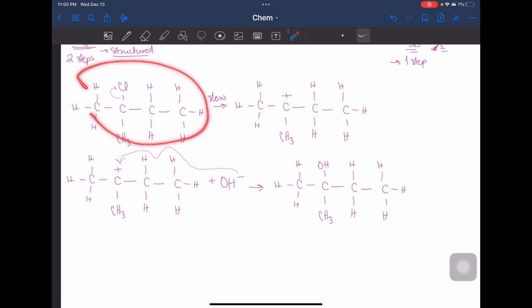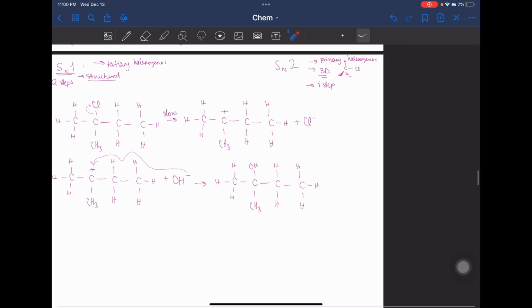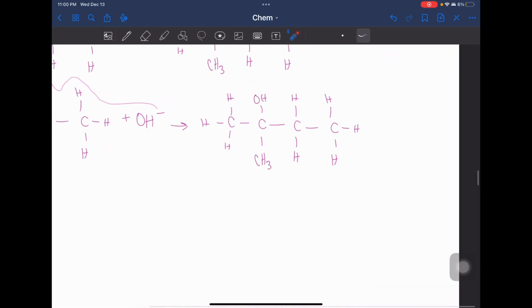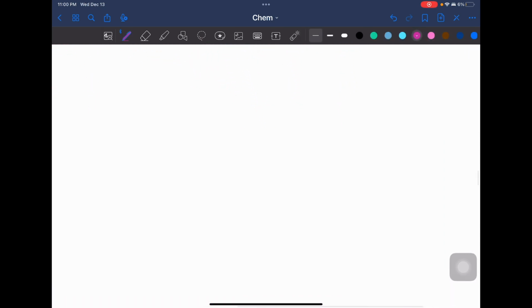This molecule, the chloro, is gonna divorce it, and it's gonna leave, and we're gonna get it here as a byproduct. Oops, my bad. And then we're gonna get a carbocation. After that, when we add our OH, the minus is gonna go and attack the carbocation, and it is gonna become an alcohol. Okay, now SN2. I'm going to do down here, zoom in a bit more. So SN2, we're going to have our little